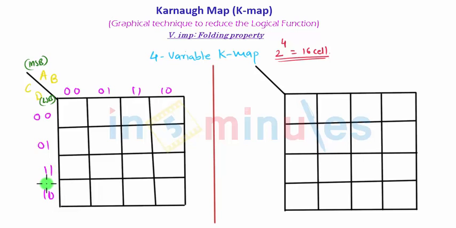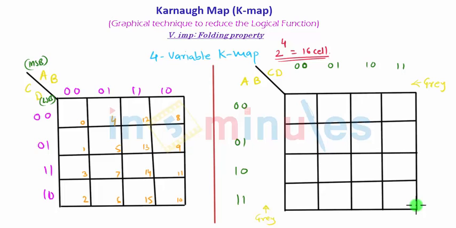And now from MSB to LSB, you need to read it out like A, B, C, D. So the first cell corresponds to the 0th position. While looking for the third cell, it is A, B, C, D, 0 0 1 1. So this will be corresponding to third, and 0 0 1 0 is second. So you fill out all the locations likewise. So all the cell positions from 0 to 15 are entered here. Now let us fill up the second one.